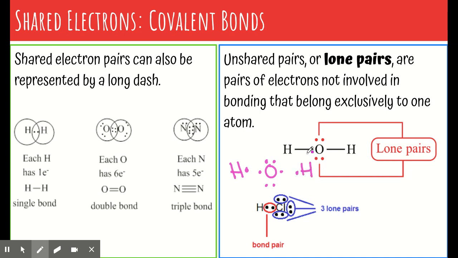So if I wanted to go back in here and draw my circles for all this, I could. I could say that H needs one more, and we're going to circle it like that. And then this hydrogen also needs one more. We're going to circle it like that. I could then come in and say, okay, oxygen has 6. It needs 2 more, so it's going to share these. And that's fine. You could do that, but you can kind of see how comparing the two of these,